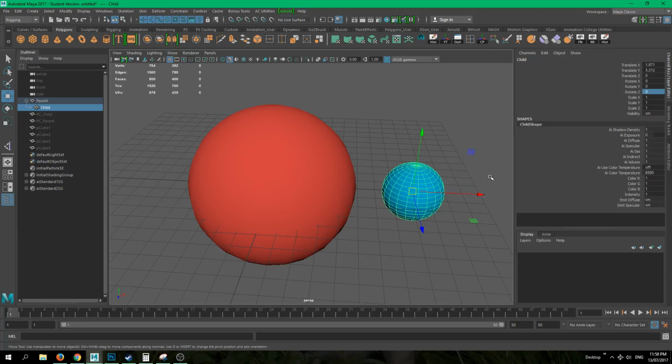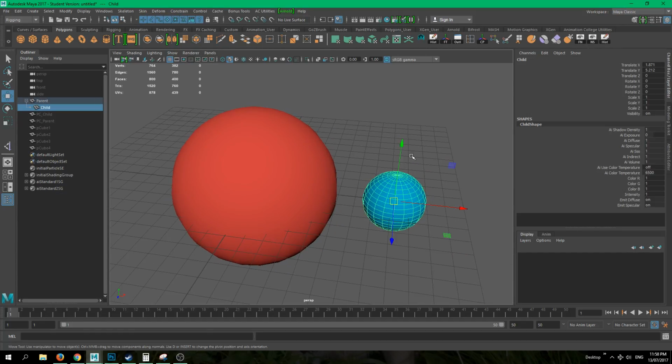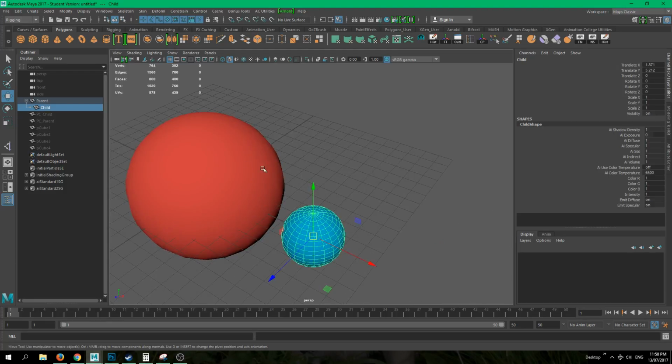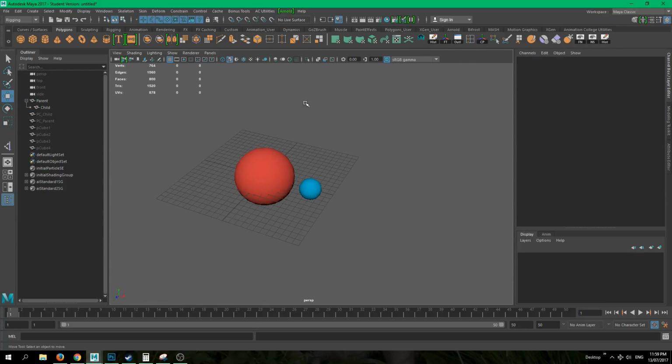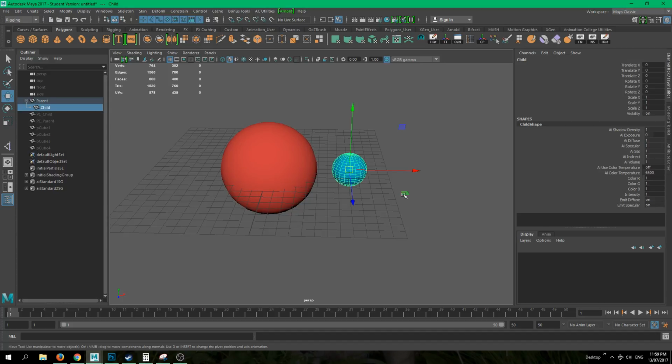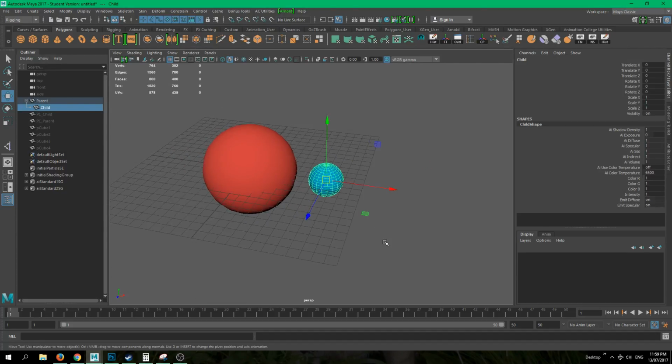So I can get rid of this. And I don't need those values anymore. So my child is exactly where it was before we parented it under this big red sphere. So I'll just get rid of history and freeze transformations. So this is a really cool concept, and what we could do, for example, we could duplicate this child, and